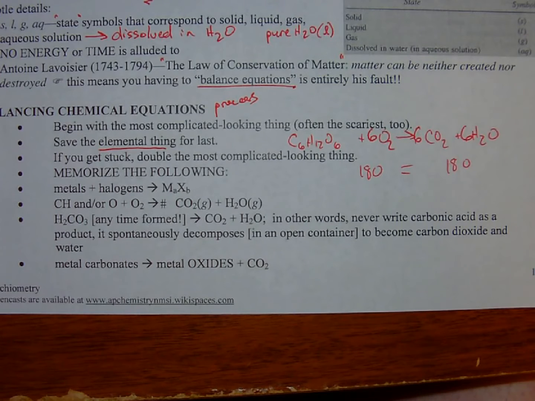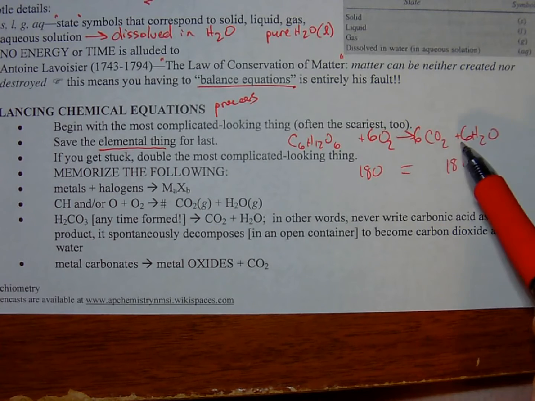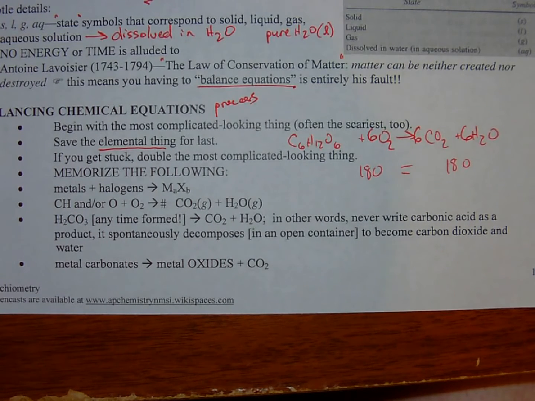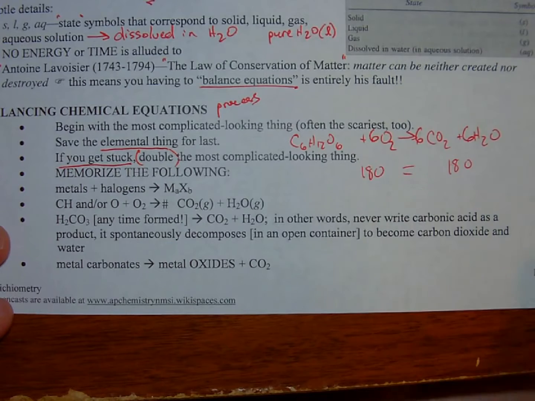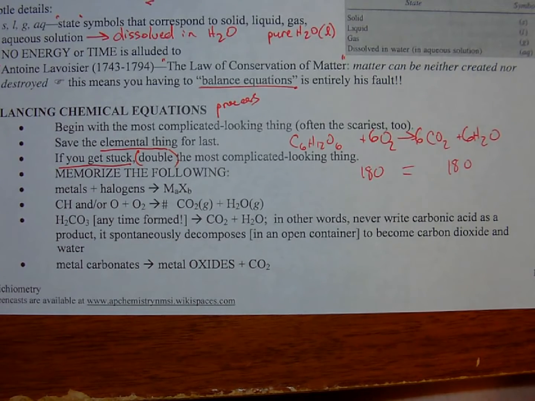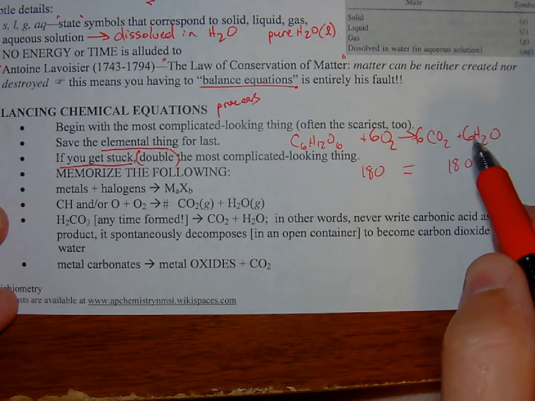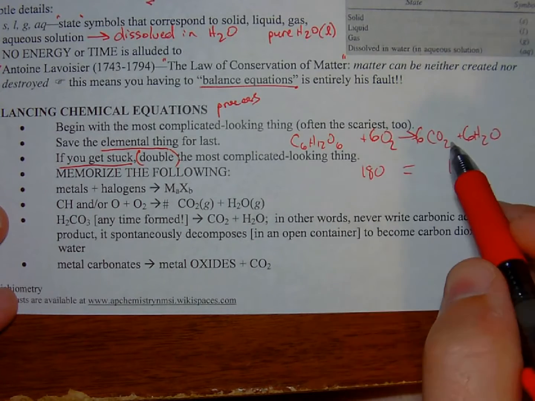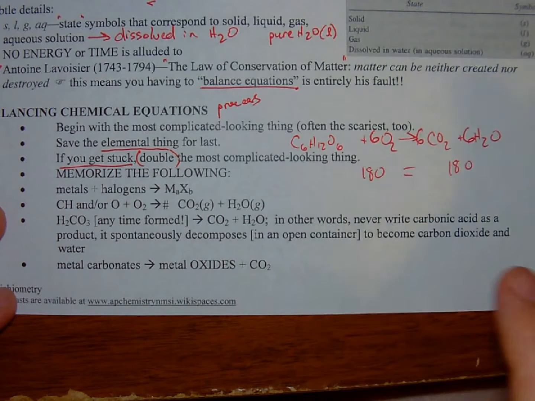Now there will be times, especially balancing hydrocarbons, because you have 2 oxygens in the carbon dioxide and 1 oxygen in the water, where you think you get stuck. So if you get stuck, double the most complicated looking thing. Just double it, right? That's not the case for this equation. This equation is successfully balanced. But if I happen to get stuck, I would throw a 2 on the front of that